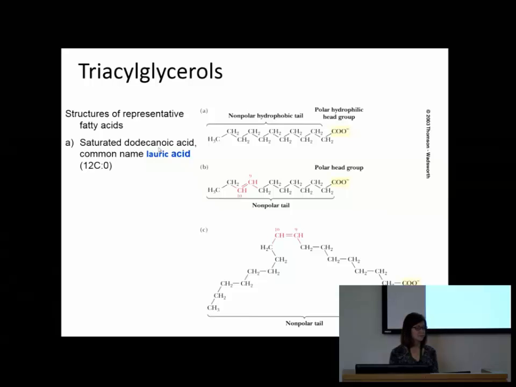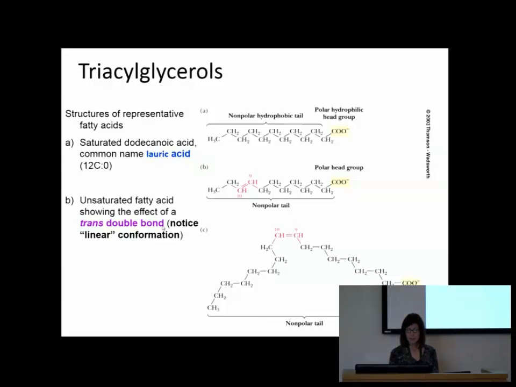But because this systematic naming came up after we discovered these things, there's a common name. People don't use the systematic naming. People always use the common naming. I never really hear of people in journal articles or anything calling the fatty acids by the systematic name. Here we have the trans, and we have the double bond, the linear in quotes, and this is oleic acid, and it has a kink.